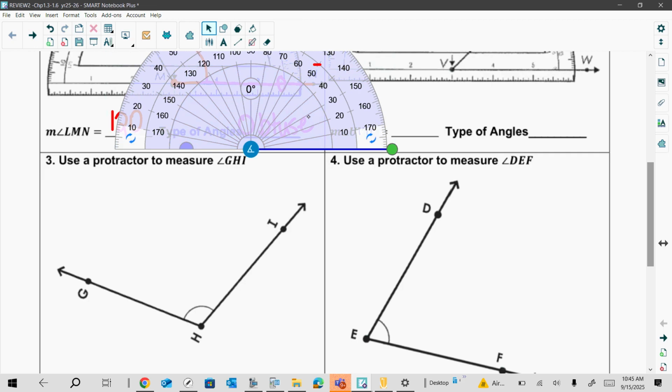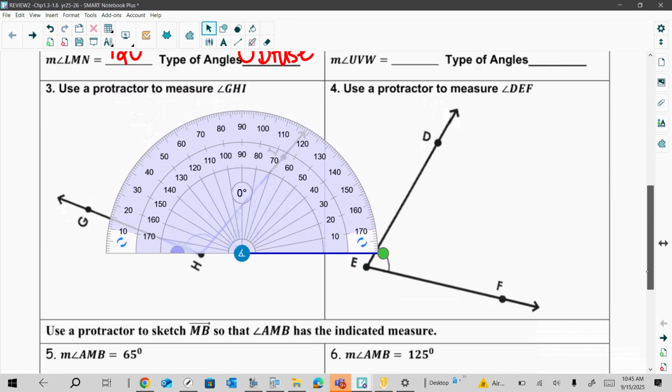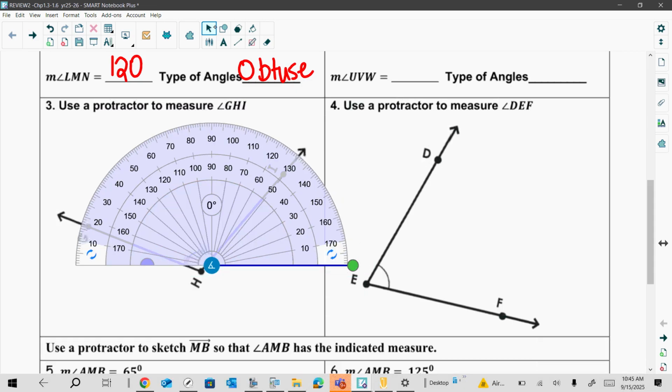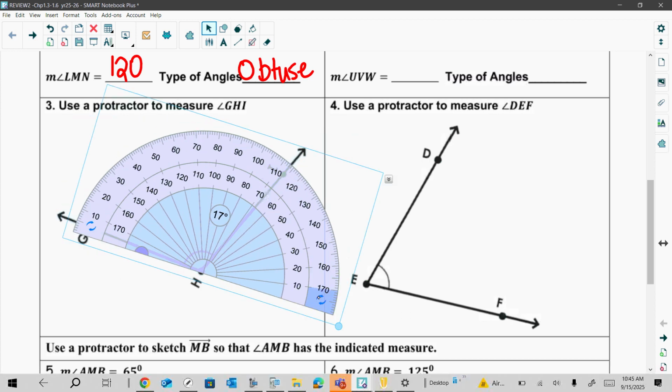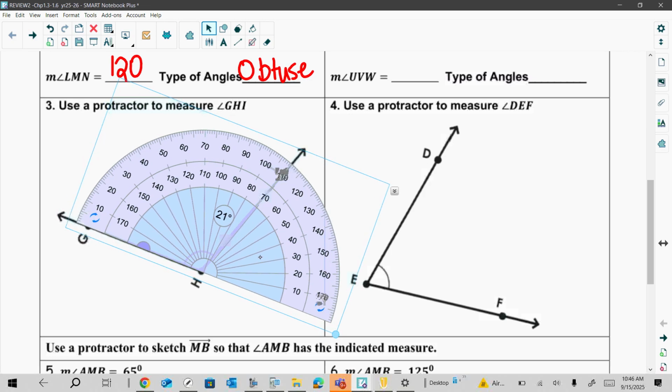Okay, now you're using the protractor for 3 through 6. We want you to measure GH. So remember, guys, you want the center to go with the vertex. Right now, I don't have it right because the ray has to go through the 0. So I need my center, my vertex at H, and my ray to go through 0. Try to line it up correctly because you're going to be asked to measure